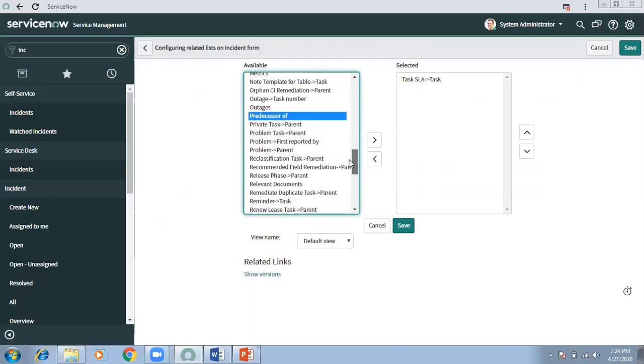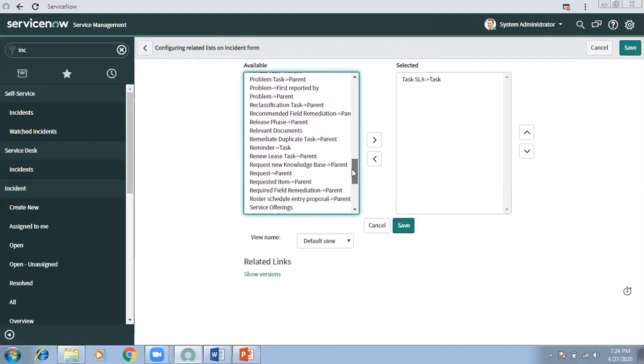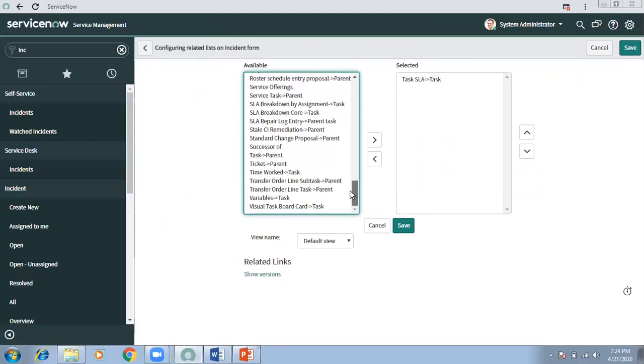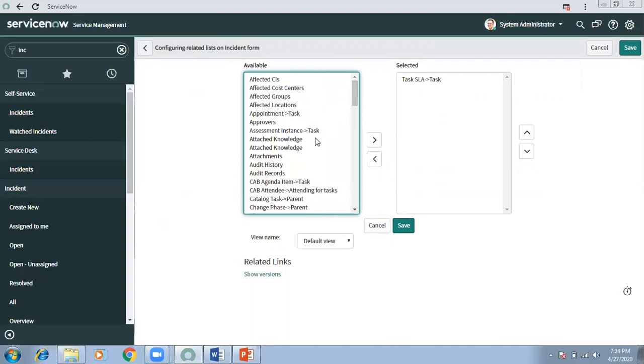Even if ServiceNow writes that code or we write the code, is it not the same? No, it's not the same. If you write the code, it will come as a custom. If ServiceNow writes the code, it will be applied to all customer instances. If you write the code, it will be applied to your instance only. The requirement for Airtel could be different, for Vodafone could be different, for State Bank could be different. If you write code in your instance and it applied to Vodafone's instance, then there is no meaning of ServiceNow.